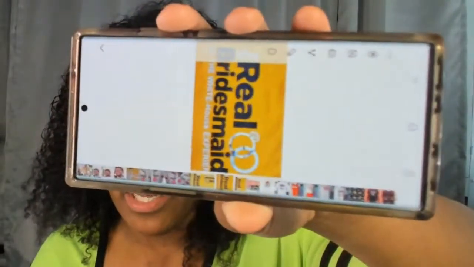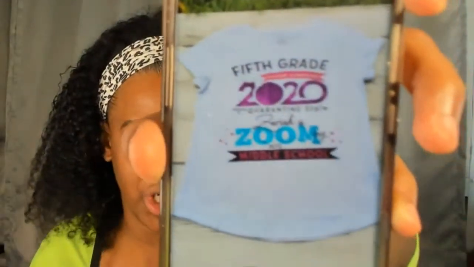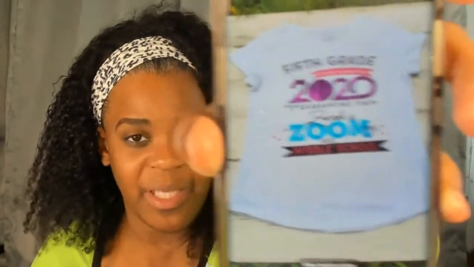Bridesmaids shirts. Did the entire wedding party. Not doing 1s and 2s of that. This one, I took the picture of one, but I didn't take the whole picture of all of them. Now, this was one that was just 2 shirts because it was one of my cheer babies. Certain people, they can get 1s and 2s out of me.